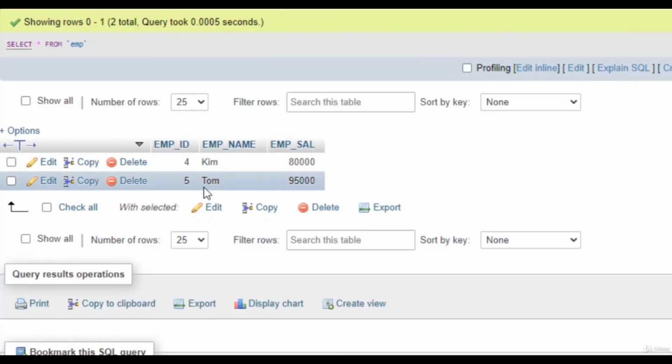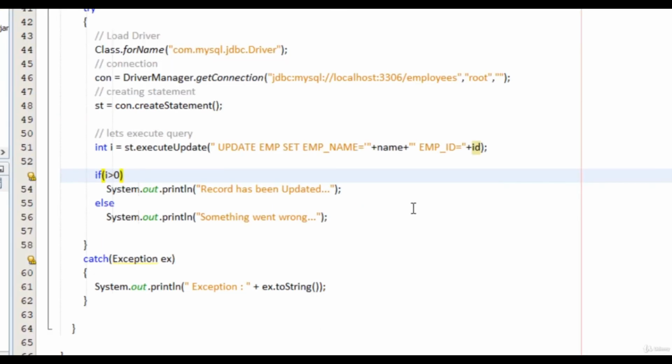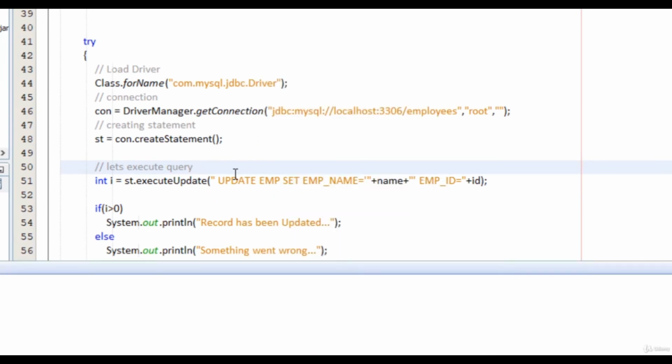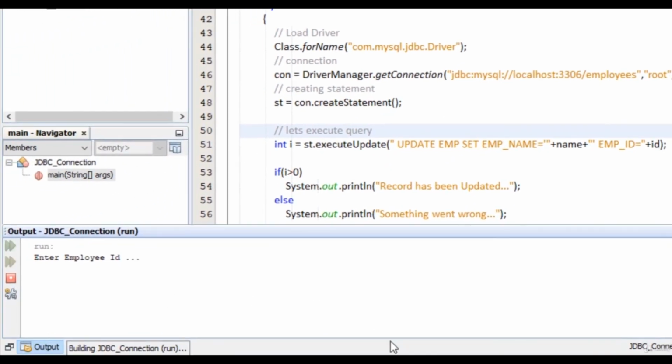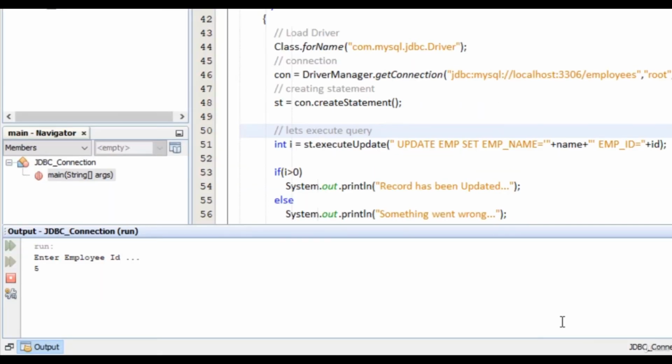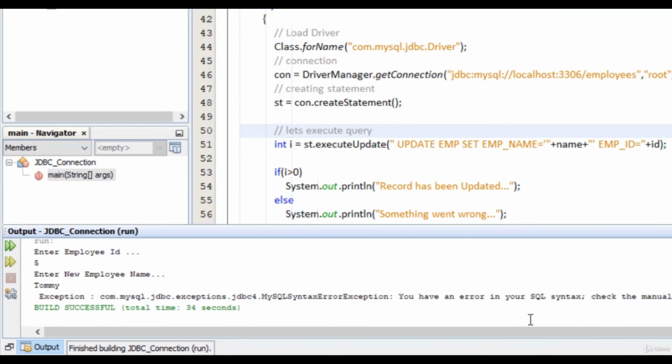Right now, suppose we want to change employee ID 5's name, that is Tom. We want to change it to Tommy, right? So just execute it. Now it is asking for ID, and Tom's ID is 5, so I will assign 5, and now it is asking for new name, so I will write down Tommy rather than Tom, and just press enter, and there is some